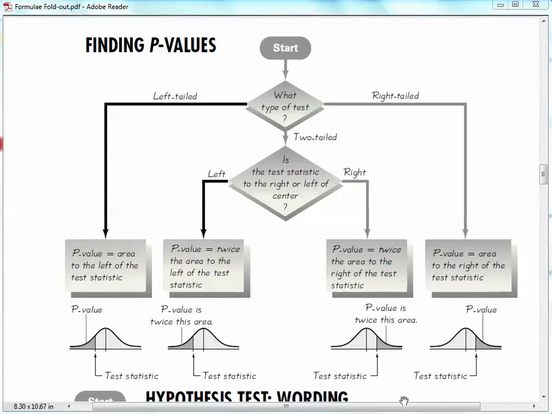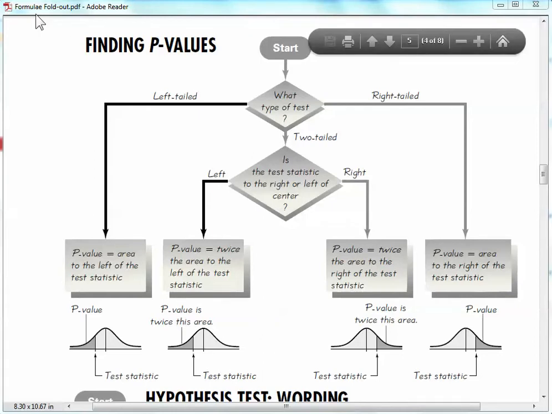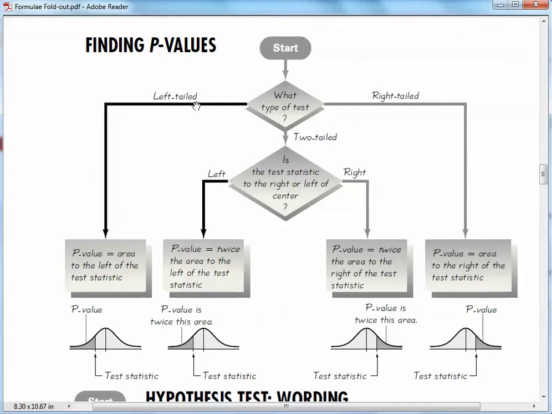So back to the topic of p-values. I know that I have already pointed out the flowchart in the formula foldout that's in the book, which shows how to do the p-values. Now remember that you know the type of tail that your hypothesis test is going based off of